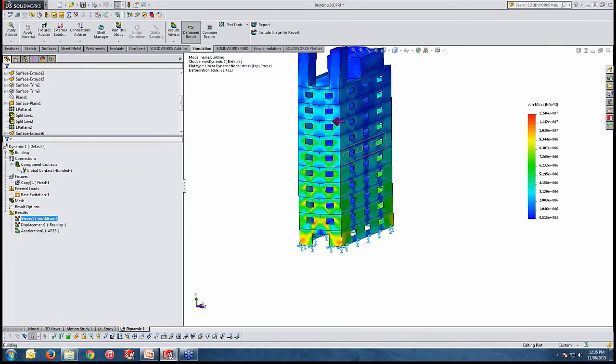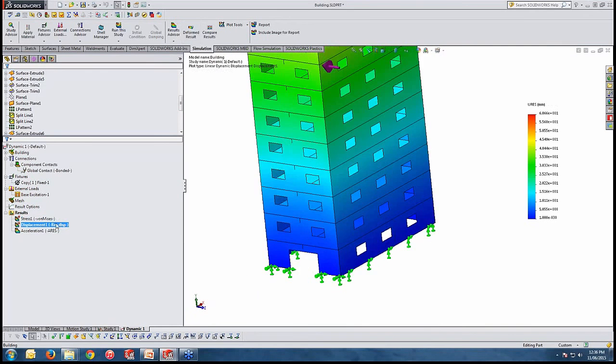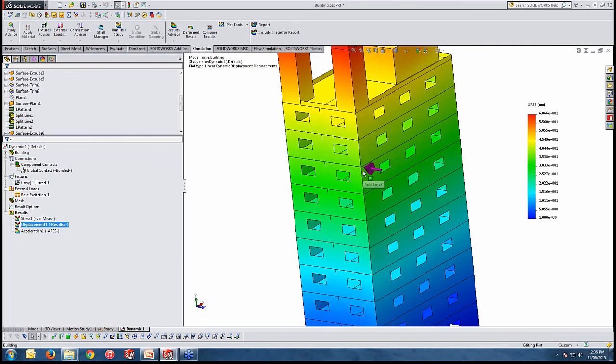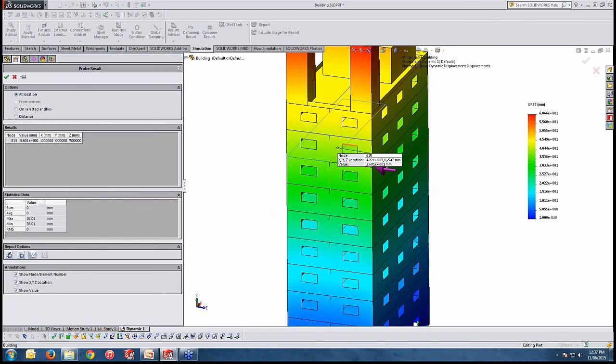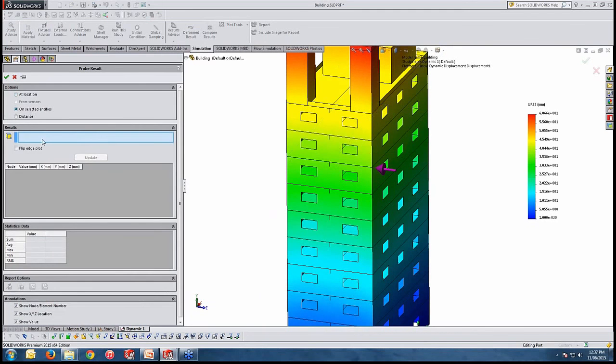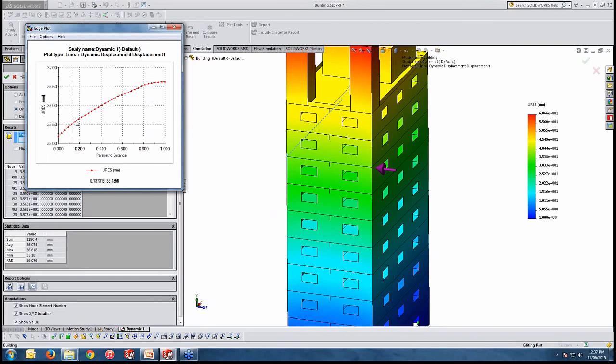On each story we can simply go and probe stress, displacement, and look at the probe and go here on the face, look at the sum, average, mean, and max. That is also available on selected entities such as a line, update, and look at the variation over the